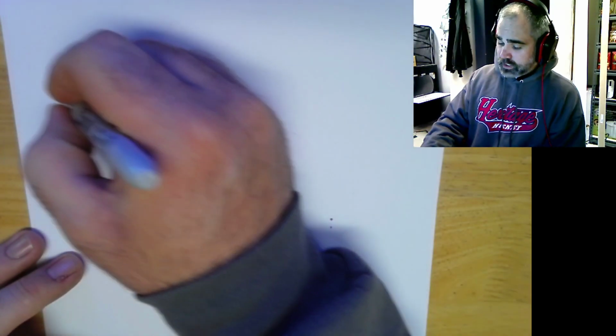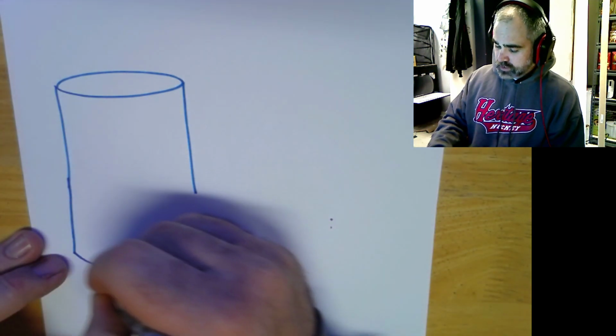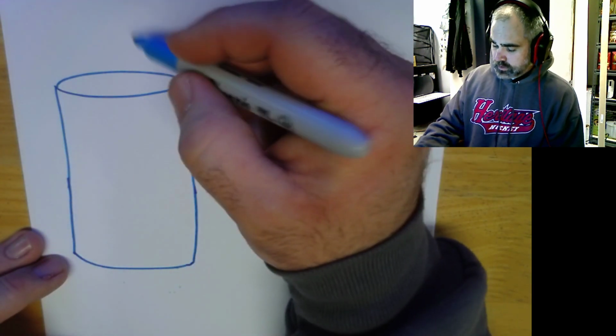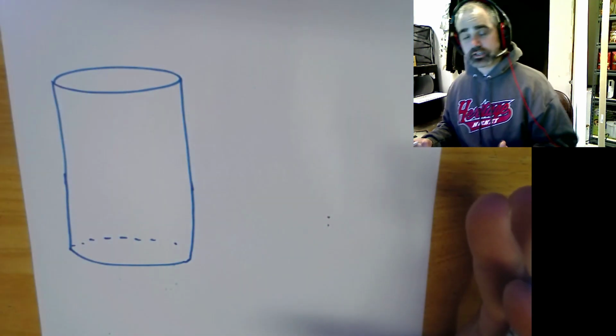So let's look at some weirder shapes. How about a cylinder? Let's make this a little taller. So maybe this is your soda can, or